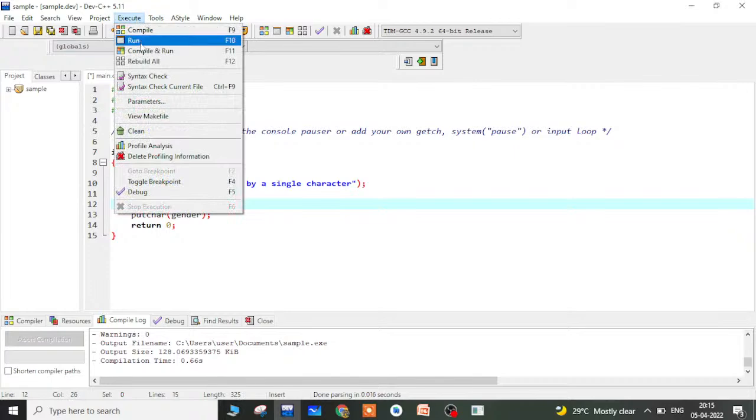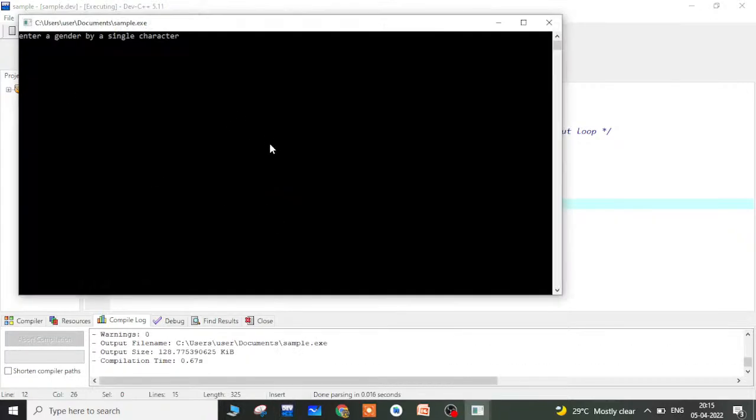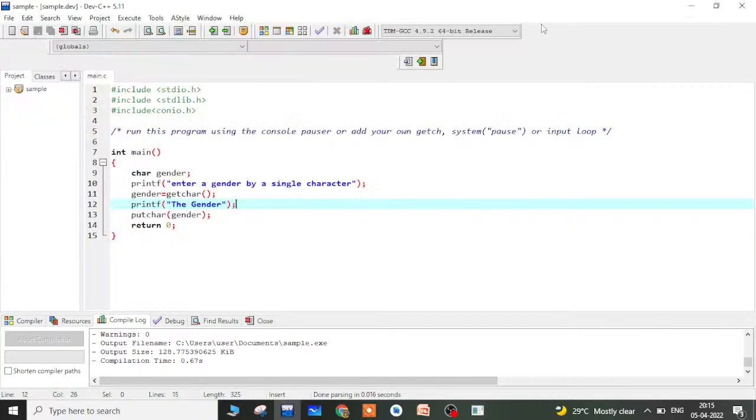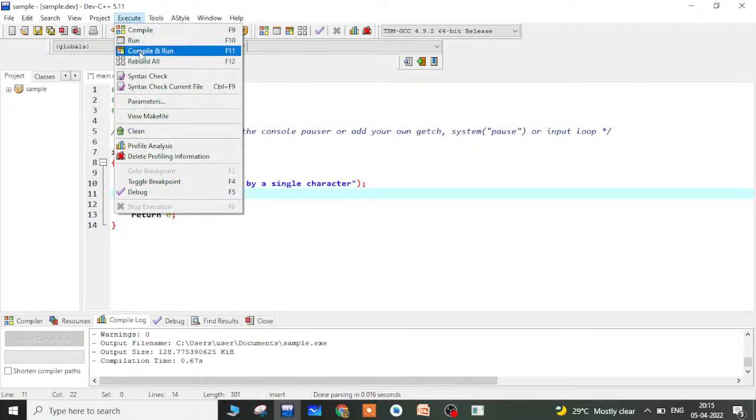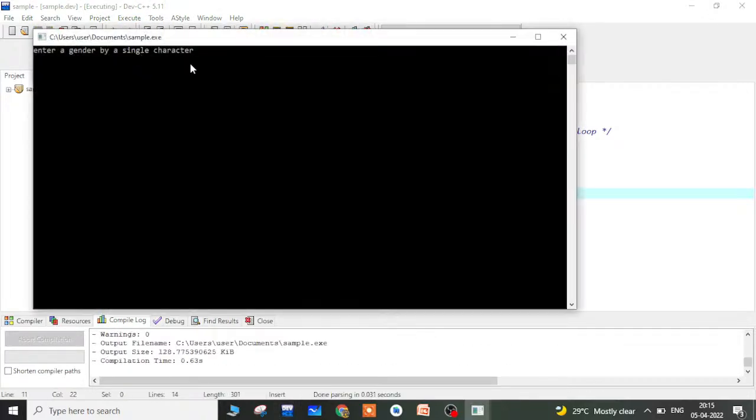So I just compile and run this program. Now you can see it asks me to enter a gender by a single character. I will enter m for male. Now it should show me the gender. Okay, the printf statement is not accepted. It doesn't read the next thing. So these are some problems with formatted and unformatted statements when we combine them. We need to flush the things. So here I will provide the gender as male, and now you can see